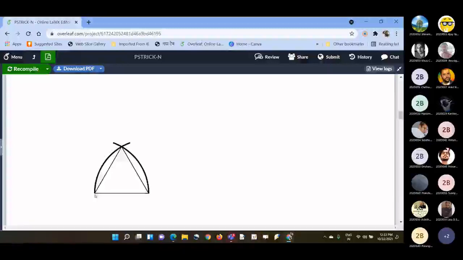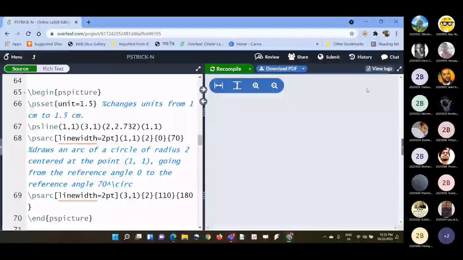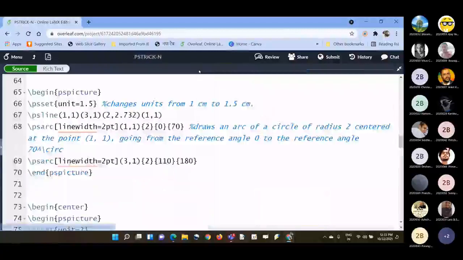And then if you want to join this vertex towards the left bottom with the top vertex, then you need to have some arc. Of course, every arc is a part of some circle, so a circle should have some radius. So let us see things one by one. So begin picture, if you are doing so many things in one plot.